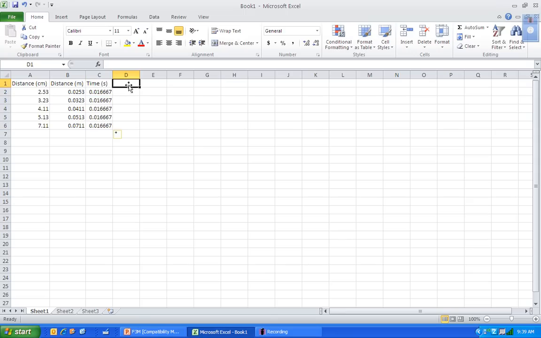And I'm going to fill down because all the times are the same, right? Between each dot is 1/60th of a second. So now I have distances in meters and times in seconds, and I can find the average velocity for each of those times, right? So I can say velocity in meters per second equals what? V2 divided by C2. And then again,